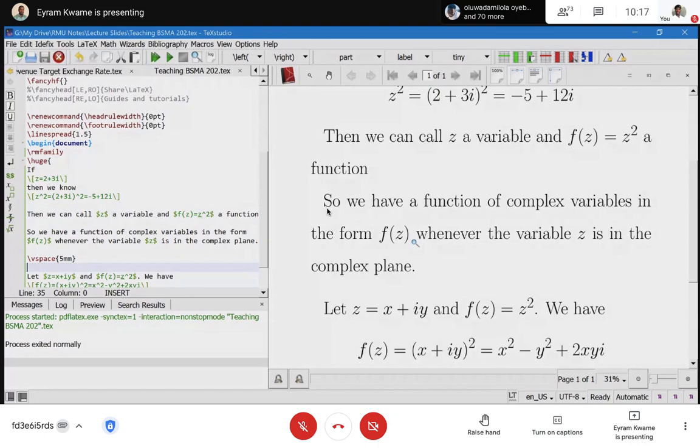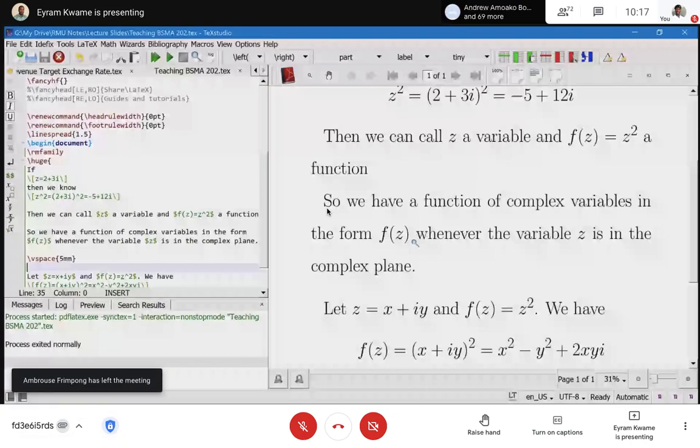A variable takes on numbers. A number is just one unit out of the millions of numbers in the world. You can call it a constant, that's fine. But a variable keeps changing. It can take on any other number. Good. So in this example, the very first thing I did was I used the complex number z is equal